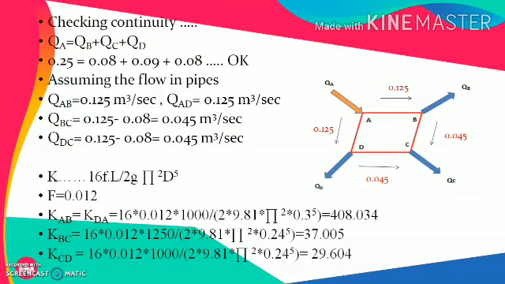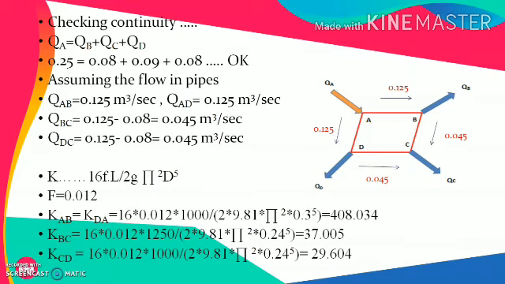It is acceptable. The only thing is that if we are deviating too much away from the actual flow, then you need to take more number of trials. Well, if we are assuming something which is very near to the actual flow through the pipe, then we need to take a lesser number of trials. So please remember this particular thing.